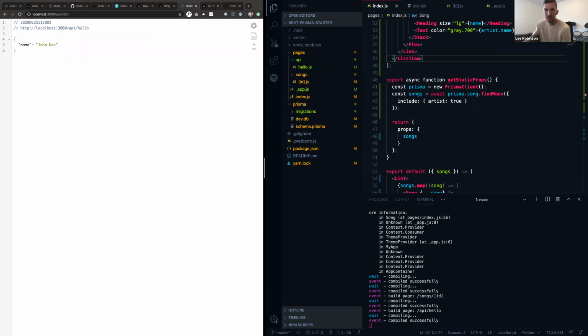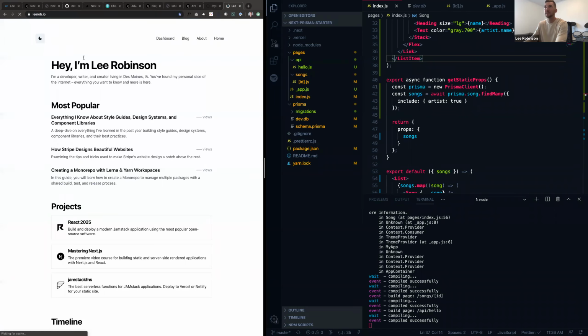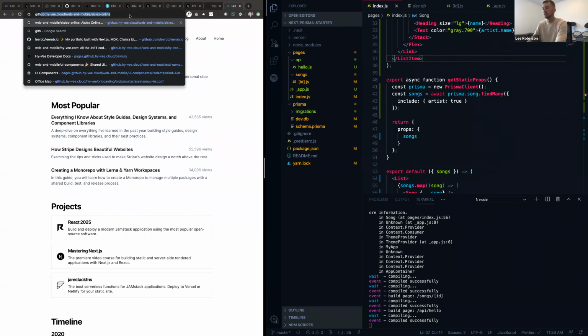Do you want to show us how we could do a dark and light theme switcher? That is definitely a rabbit hole. I can point you in the right direction, but it would probably take a while to actually set up all the code for it. But for example, on my website in the top left, I have a dark mode, light mode switcher, and all of this code is available on my personal repository. And probably the best example to just give you a really quick idea of what this looks like is if you go into